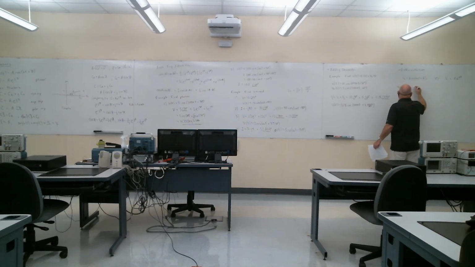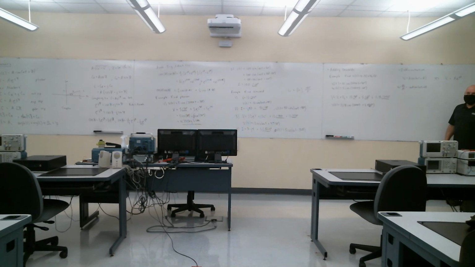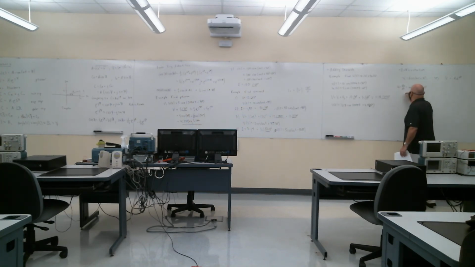My cosine becomes a minus sign, right? Minus omega 0 A sine omega 0 t plus theta. I pull out the omega 0 when I take the derivative. Then the minus appears because the cosine becomes a sine. I want to convert V2 back to phasor form. Well, I've got to get rid of the minus sign. I can do that by actually